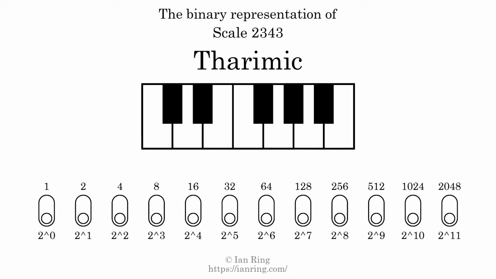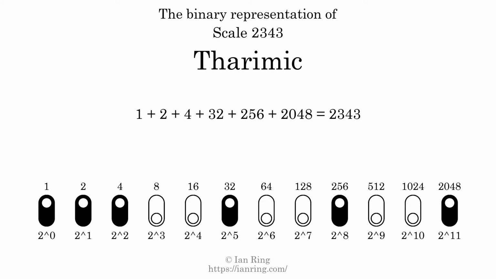The binary representation of this scale is determined by mapping tones of the scale to binary digits. Each binary digit represents a power of 2. To get the scale number, we add the powers of 2 together. The powers of 2 that are present in the scale, all added together, equals 2343. That is why the scale number, in decimal, is